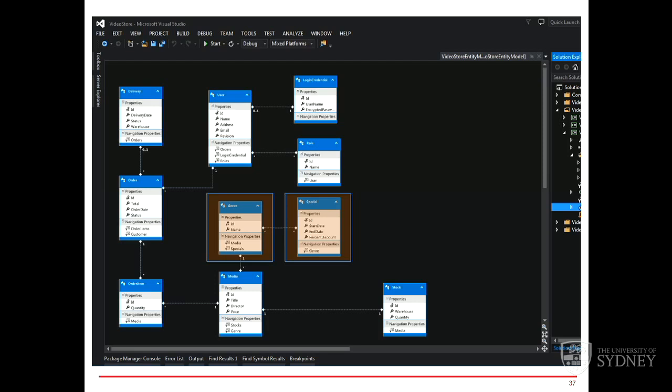he decided to have a separate special entity. So things can go on special. Specials have a discount price, a start and an end date. So what's the relationship between these two? It's sort of a trick question. Well, yeah, so